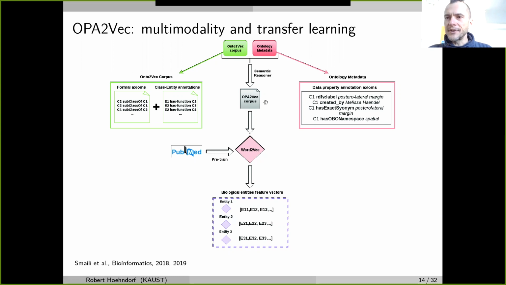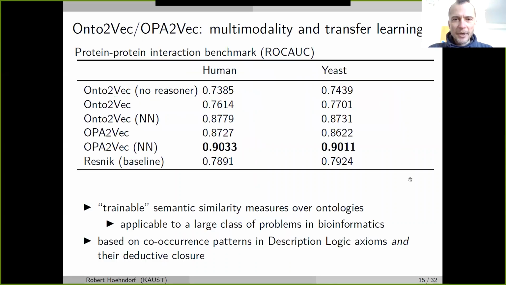And then we apply this deductive closure and use some kind of pre-trained model from PubMed, just because we wanted to have these. So when you look at this pink part, this metadata, you have posterolateral margin, and we wanted these words to have some kind of meaning. So we use some pre-trained word2vec models, pre-trained on PubMed, so these words actually have some meaning, and then we would embed them again using a language model. And when we looked at this, this was the first time that we actually could outperform some common benchmark.